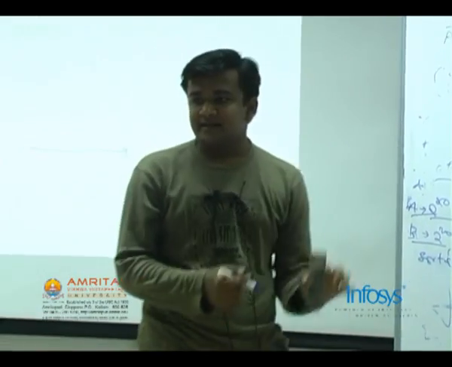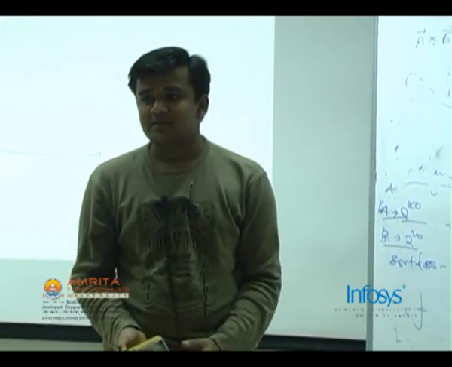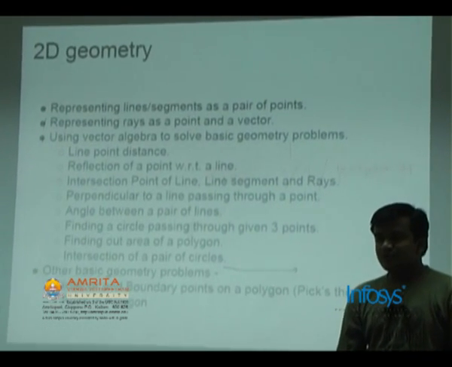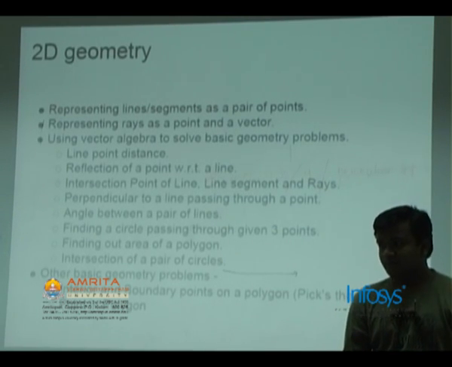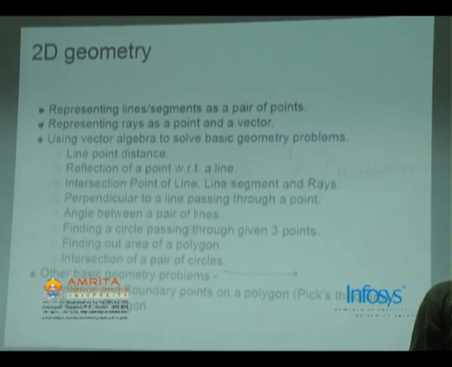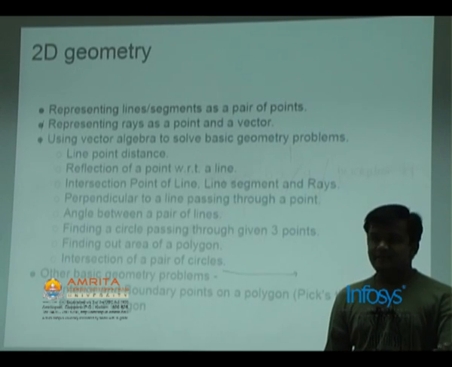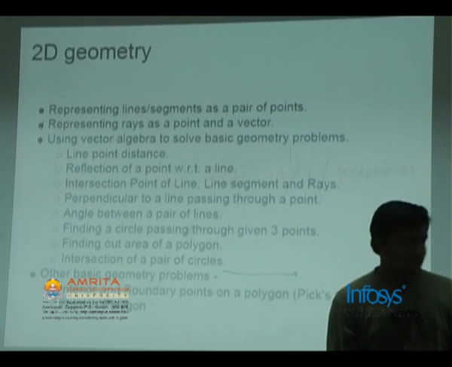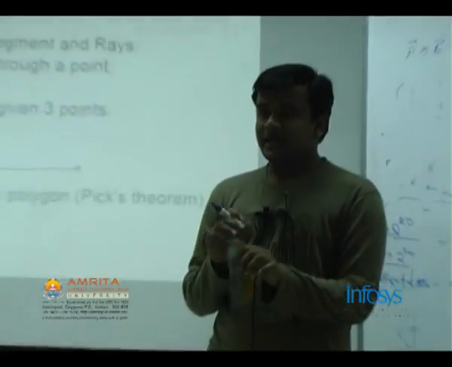Now we will try to apply these things to coordinate geometry and see how we can solve many problems very easily using this. When dealing with geometry problems, you need to choose a representation of every geometric object in your problem. So you can have different representations. Each representation would be useful for a particular type of problem, and will be very lengthy to solve in some other type of representation.